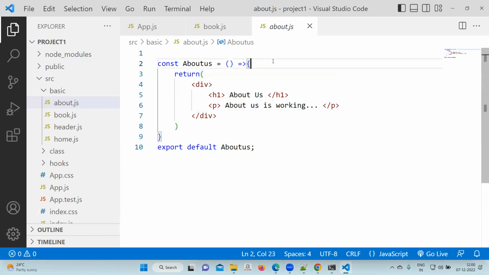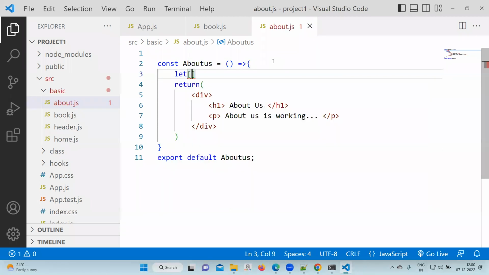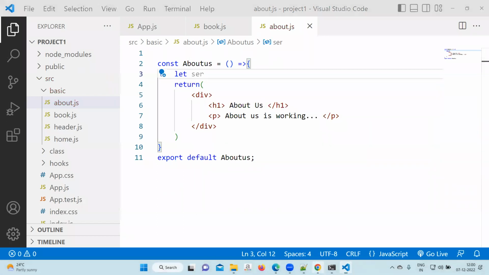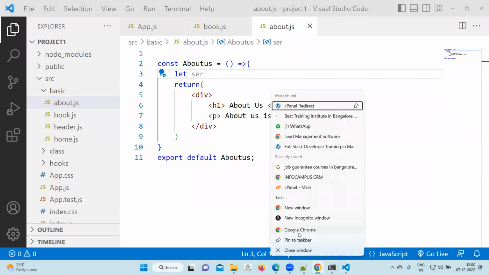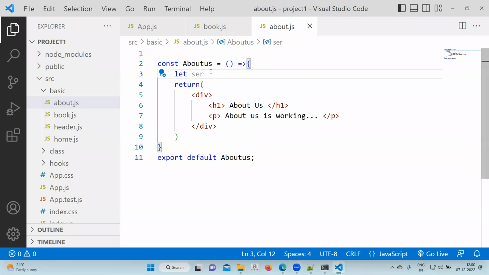So we'll create an array here. Let service equal to square bracket, right inside